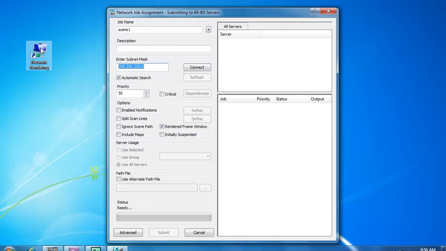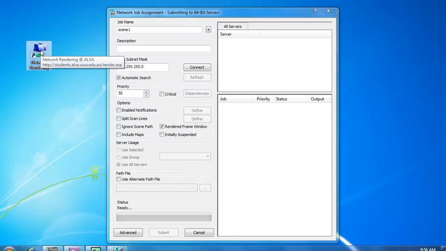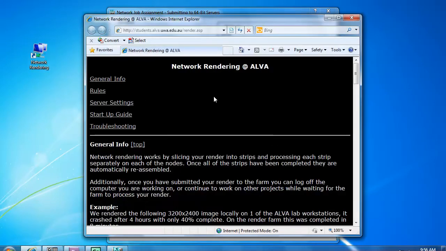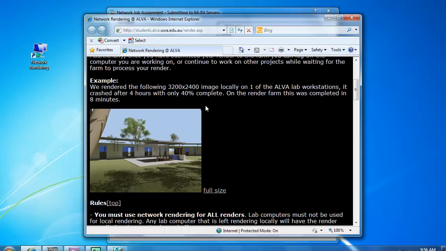As I was saying in the lecture today, there are 25 nodes in the render farm, and they're available for 24 hours of a day. So that's worked out that over a particular week each student has around about 80 hours of rendering time, which is really good. If you want to work out how to set up your network rendering and you've forgotten after the tute,